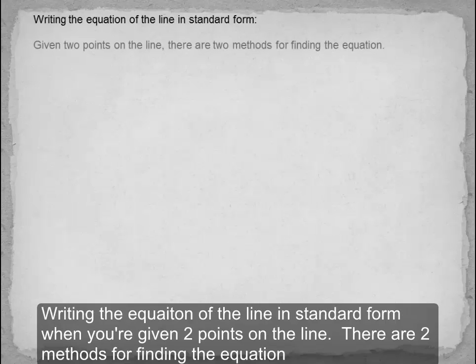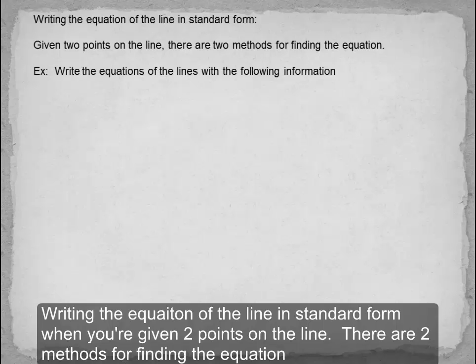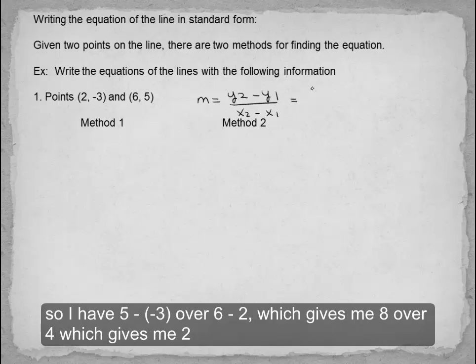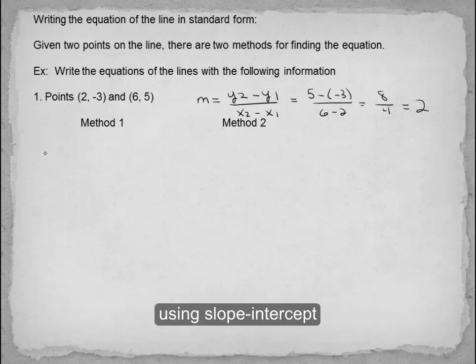Okay, writing the equation of a line in standard form when you're given 2 points on the line. There are 2 methods for finding the equation. The same 2 methods that we've been using, the only difference is we first have to find slope. So I have 5 minus negative 3 over 6 minus 2, which gives me 8 over 4, which gives me 2. Using slope-intercept,